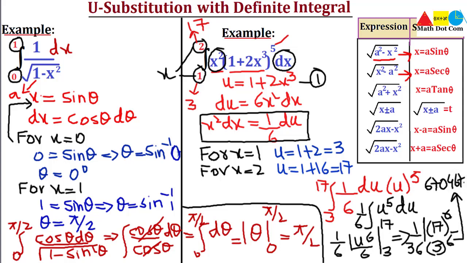So this is how you can use the u substitution method to solve a definite integral, or an integral with limits. You have to make the substitution, and then after the substitution you have to change the limits in accordance with it as well. The limits are basically the given values of x if the variable of the question is x, and if you are going to substitute theta, then you have to change the values of the limits in terms of theta. Same as in example number 2, where we made a substitution using a variable u, you have to make sure that the given limits are the values of x, and convert them into the values of u according to the substitution.